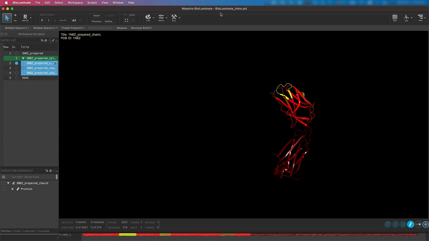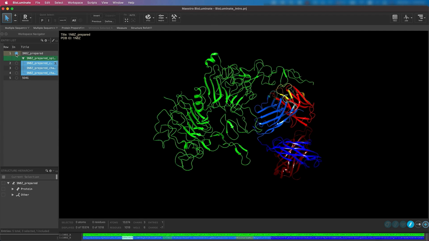First, make sure the top entry, 1N8Z prepared, is included in the workspace. Remember the difference between selection and inclusion. Click Fit View to All if you can't see the entire antibody-antigen complex in the workspace. Before we start, let's quickly select the protein atoms